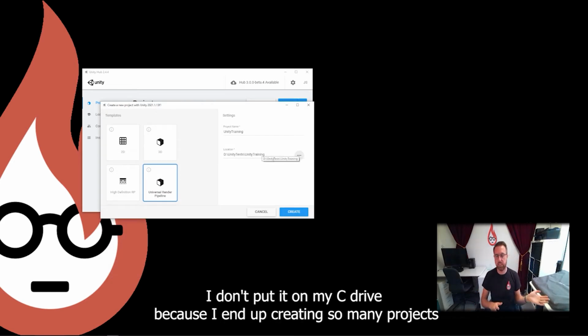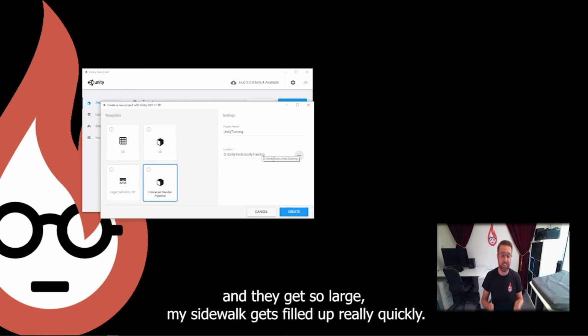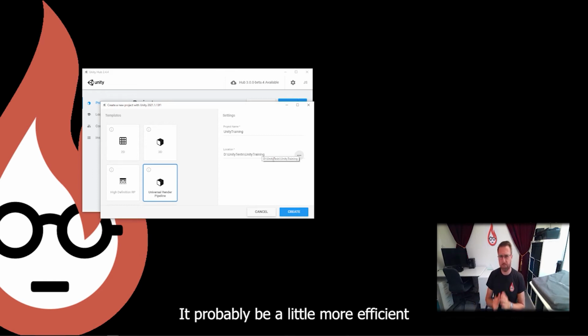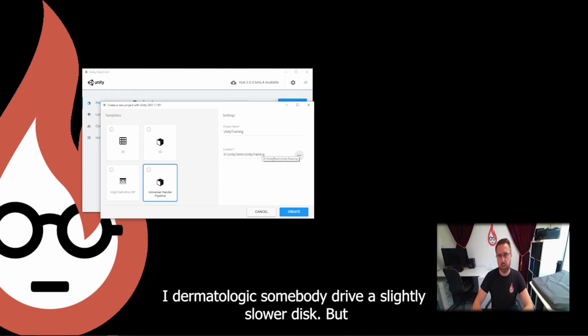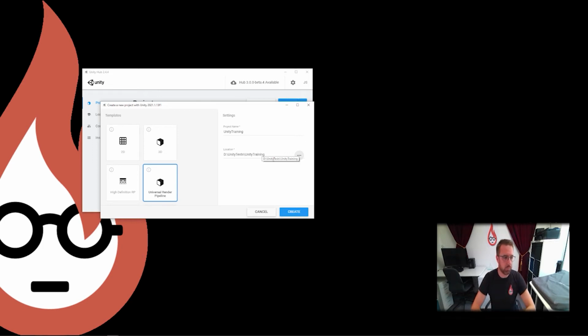I don't put it on my C drive because I end up creating so many projects and they get so large. My C drive gets filled up really quickly. It'd probably be a little more efficient to run on the C drive, but the D drive is fine. I do all my projects on the D drive. It's a slightly slower disk, but